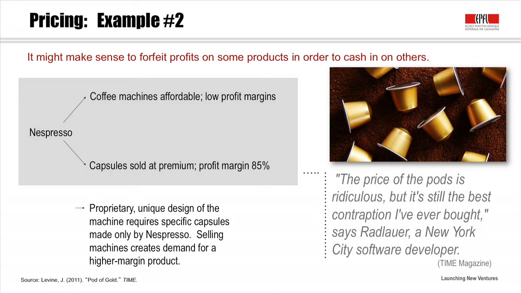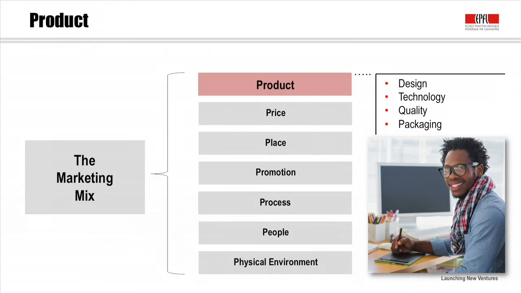So in that sense, in order to enter the market and penetrate the market, it's of vital importance to them to keep the price of the coffee machine low. So they have very low profit margins on those, but they have much higher profit margins on the capsules that are repeatedly sold. And some estimates say it's up to 85% profit margin on a coffee capsule, which is amazing. Okay, so this is another interesting example on that front.